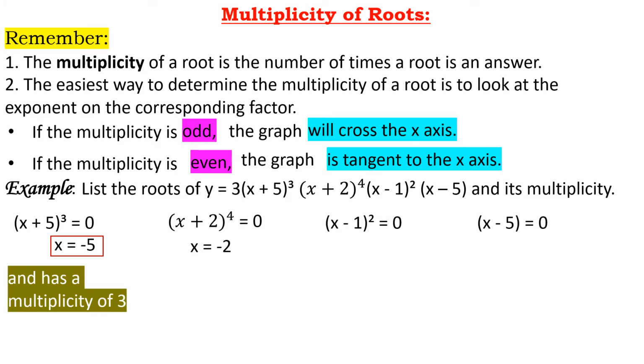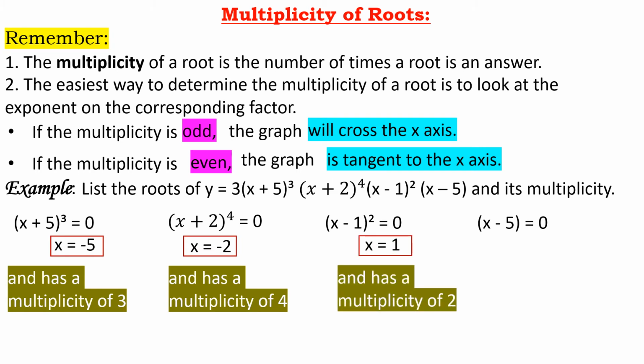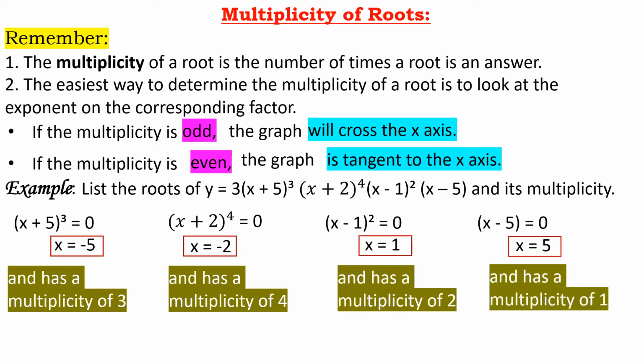So, x is equals to negative 2. Ilan ang multiplicity niya? It has a multiplicity of 4. Then x is equals to 1. It has a multiplicity of 2. Then x minus 5 equals 0. X is equals to 5. It has a multiplicity of 1. So, to further understand what is the meaning of multiplicity at bakit natin kinukuha ang multiplicity,